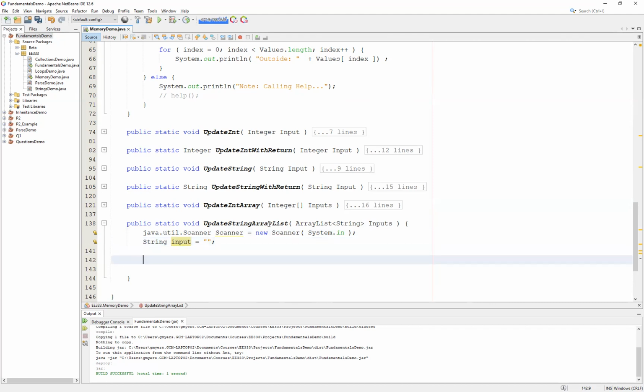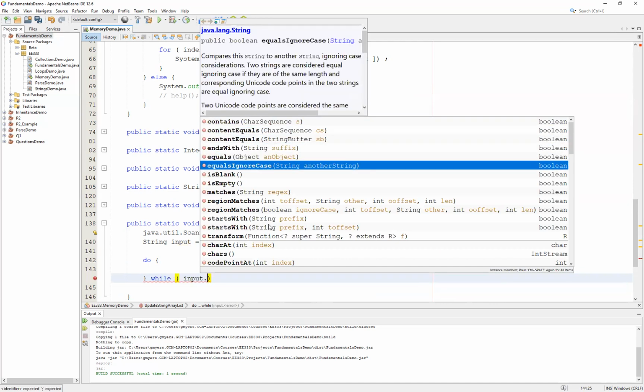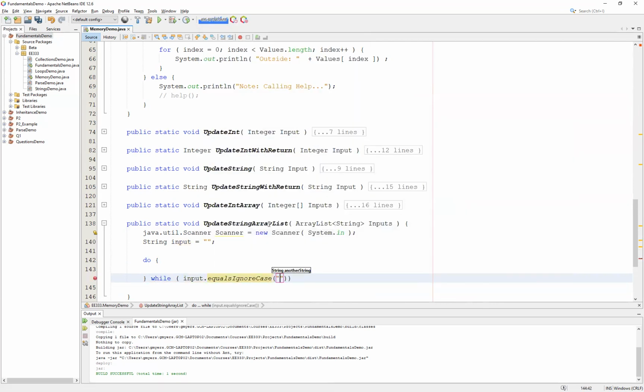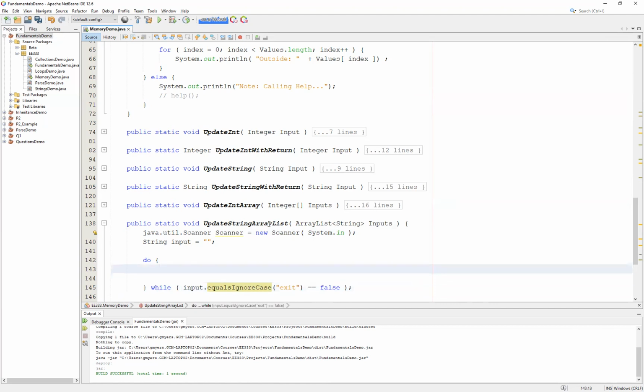And I want to collect the information from the user basically until they're done, they're fed up with using the application. In other words, they enter in some magic keyword, but I want it to run at least once. And so to do that, then what we will have is going to be our do while loop, and our while condition is going to be while our input equals ignore case, and we're just going to make the magic word exit. And so while this is in fact equal to false, well, we want to simply add new information